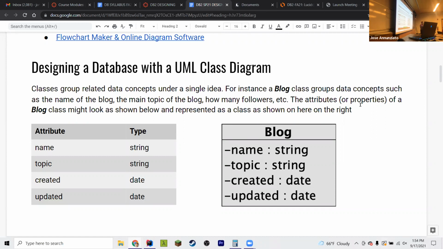Now, also be careful that if you're too familiar with a domain, you might bring a lot of baggage with you, right? This is, well, this is how I've modeled it in the past, and you have this tunnel vision that you can't think out of that box, right? So you have to be careful, knowing too little or knowing too much, okay, and not being open to new ideas, okay? So the first thing that we're going to ask you to model is a class that defines a blog,